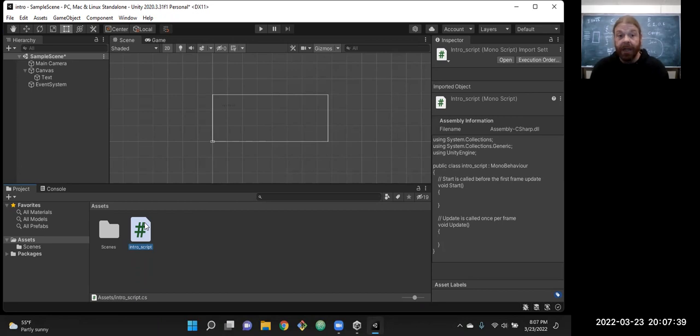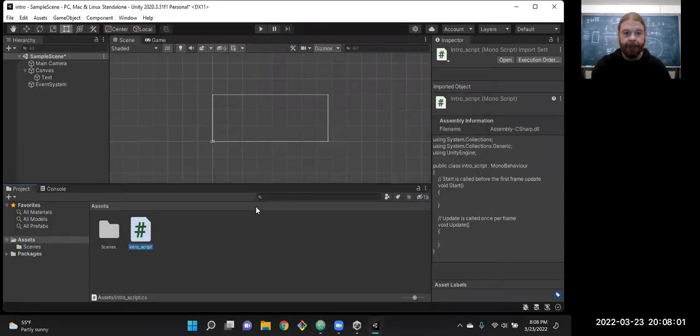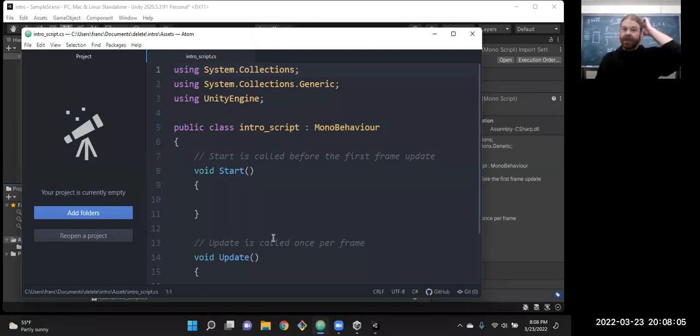Like normal with programming languages, we're going to write Unicode, symbols we know from our normal written language. I thought it was going to open. Maybe everything's just going really slow. There we go. So double click on it, and it opened up with the chosen text editor, and you'll see there's some stuff already there.